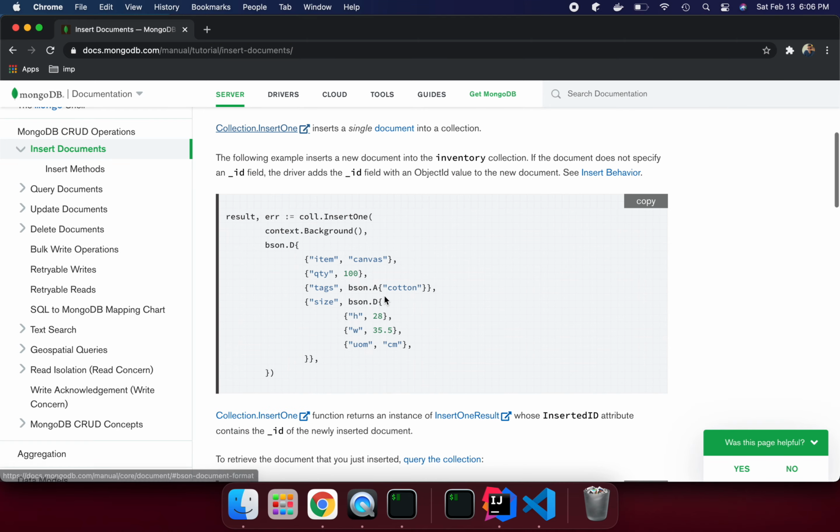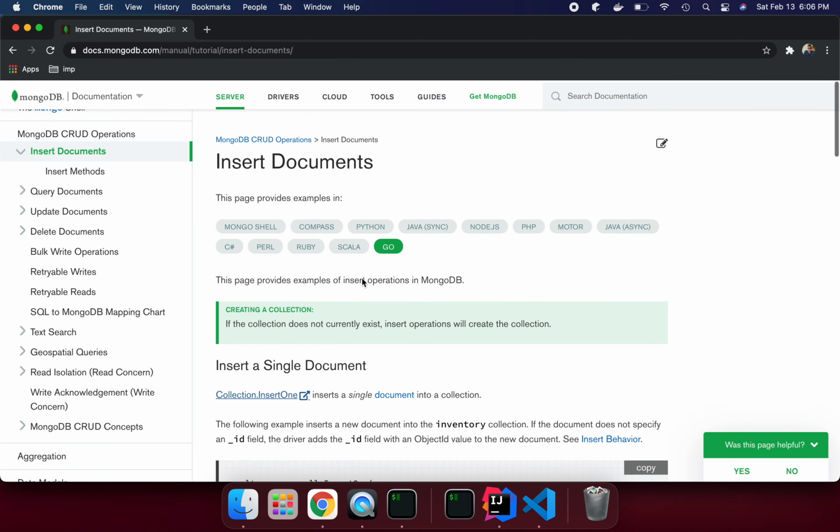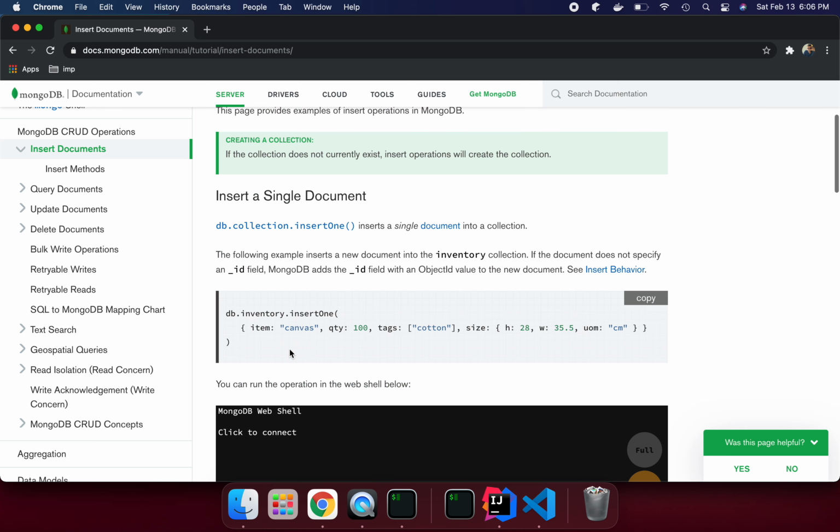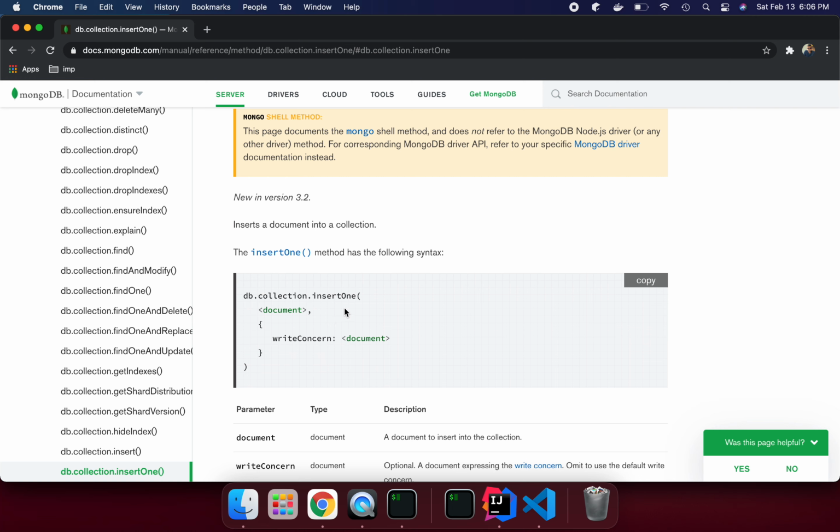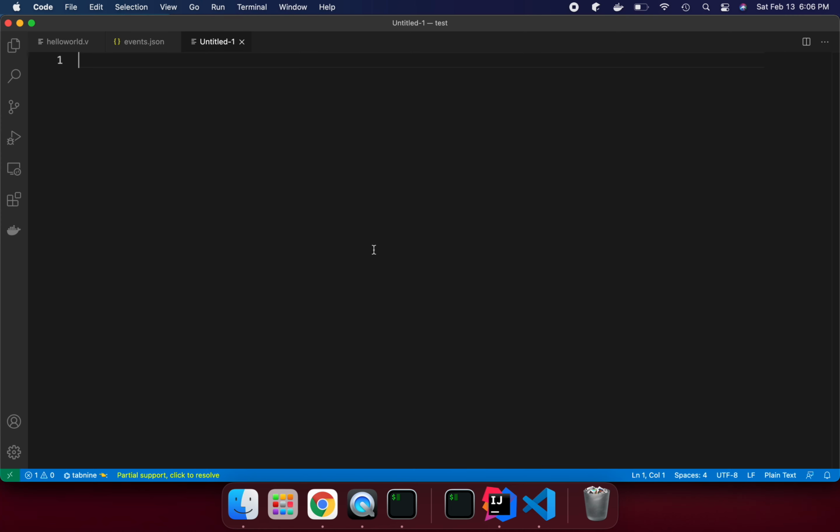So what we are doing here is inserting one document. Let me go with this one first, the MongoDB shell. If I click insert document, we can see the structure of this method. To insert one, we need to use insert document and some options. I'm going to explain how generally we have these methods. Suppose you want to find one: find one, your data, and then options. Data means your documents.